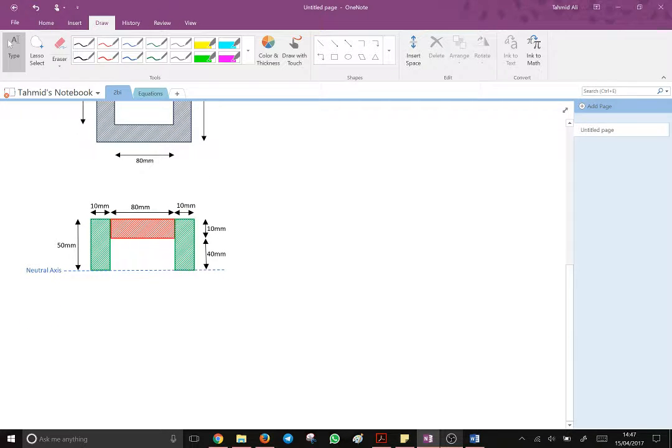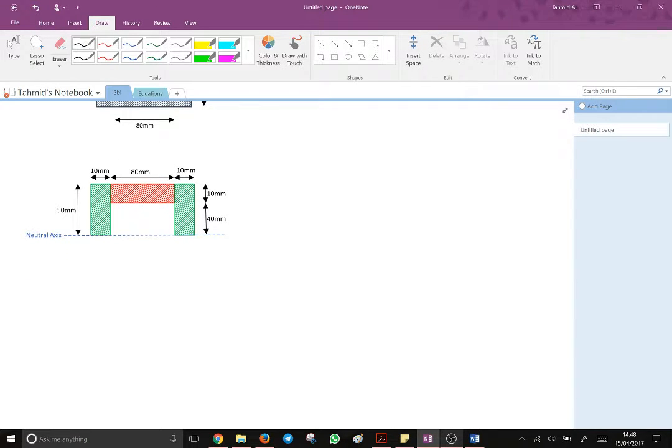As you can see, I further divided the shape into two colors. The green color is because both of the two shapes are the same. What you do is work out the area of each of these segments, and multiply it by the distance from the centroid to the neutral axis. So let's begin. MP, the plastic modulus, is going to be equal to 2, which accounts for the bottom half below the neutral axis, times 355, which is the yield stress, times